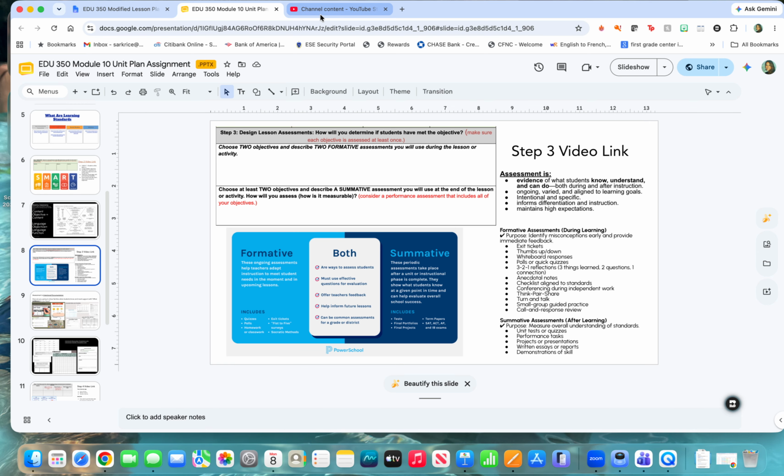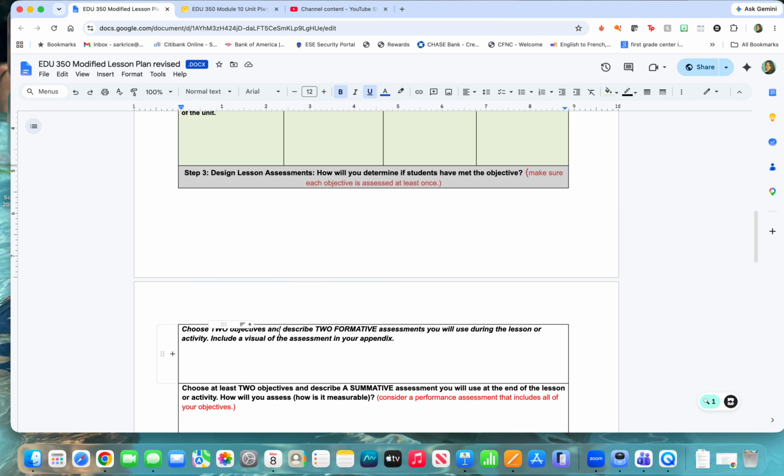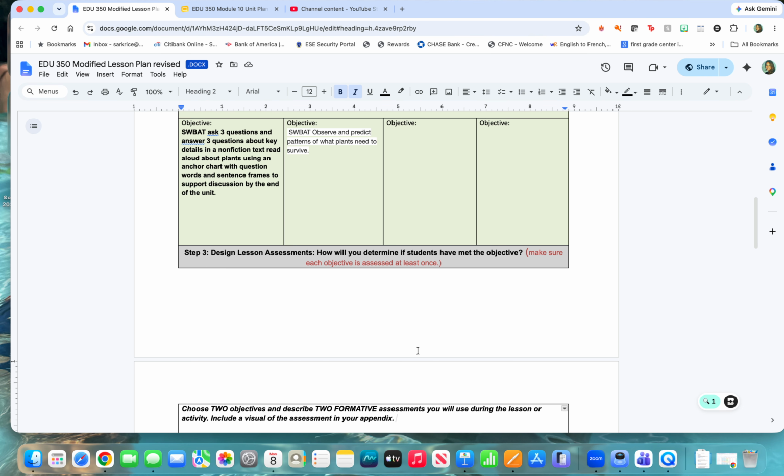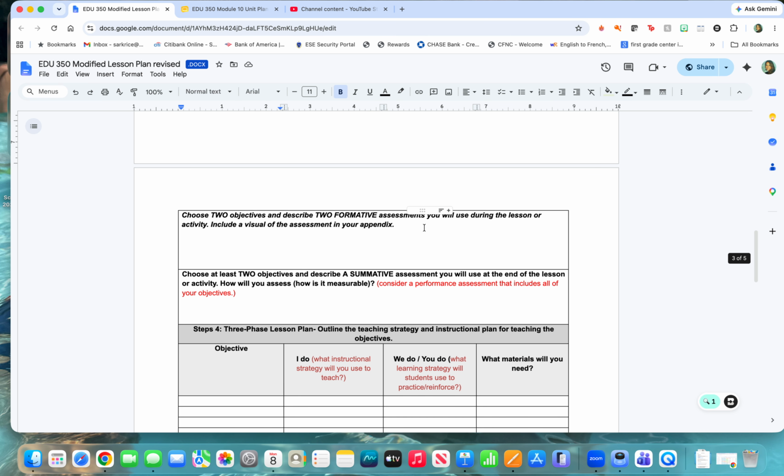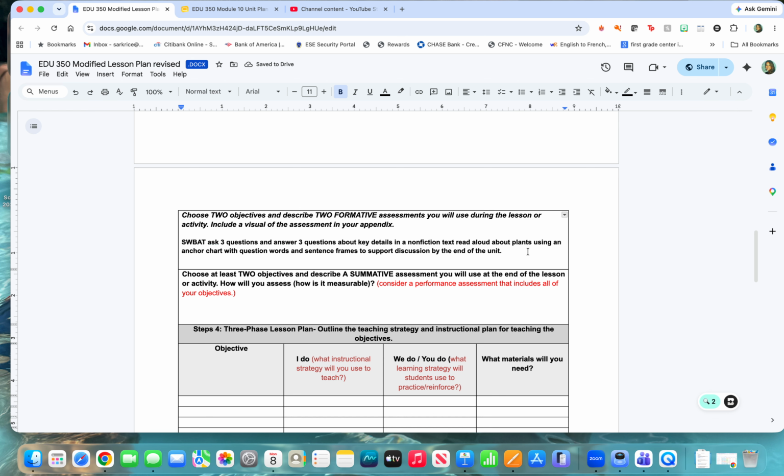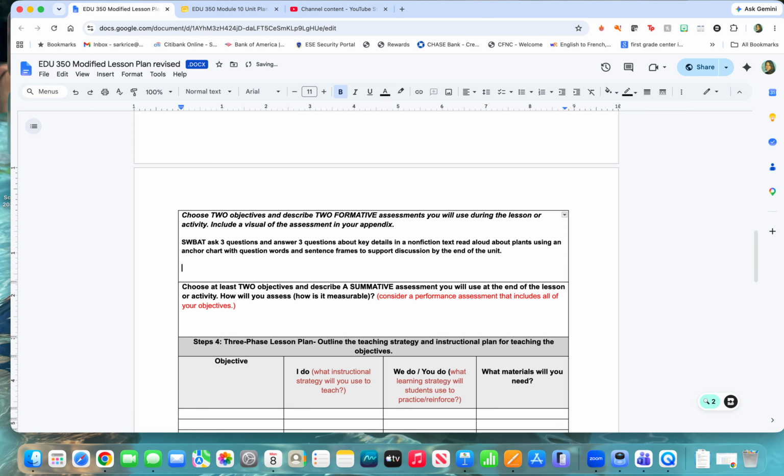specific objectives? So what I would say, for example, here where it says 2 objectives and then 2 formative assessments. So maybe for this first objective, I didn't finish that one, but for this one, that's a SMART objective here, right? I'm going to put, here's my SMART objective, right? They're going to ask and answer 3 questions about plants using an anchor chart. So then maybe my formative assessment is going to be, I'm going to